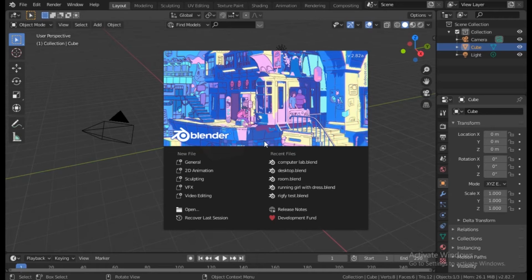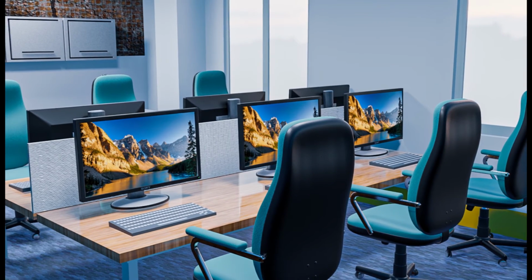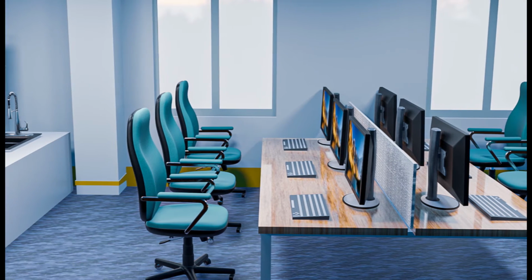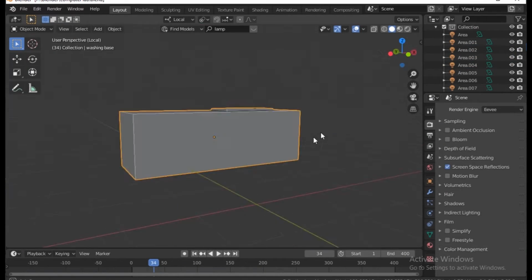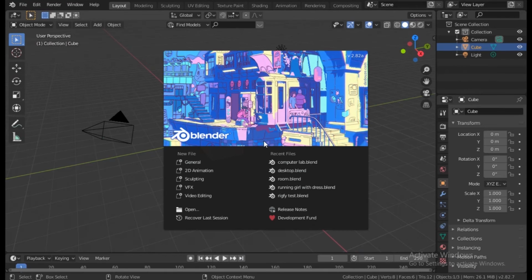Hello, welcome to part 2 of how to create a 3D computer lab, and this is the modeling part. In this part, we model our objects and arrange them together to form a scene. So let's get started. The first thing we're going to do is click on General so we can